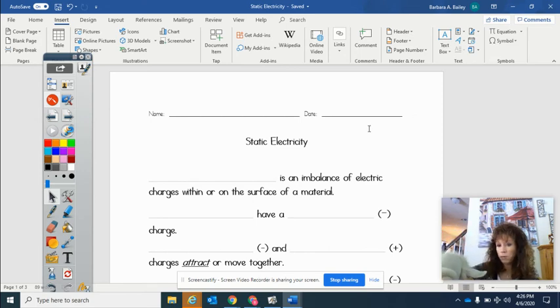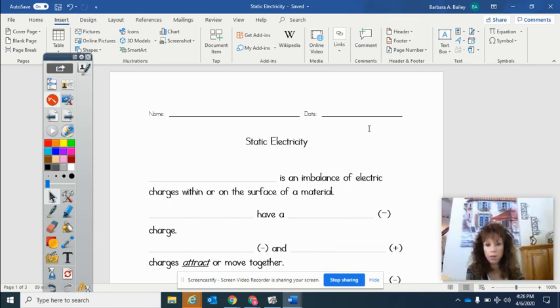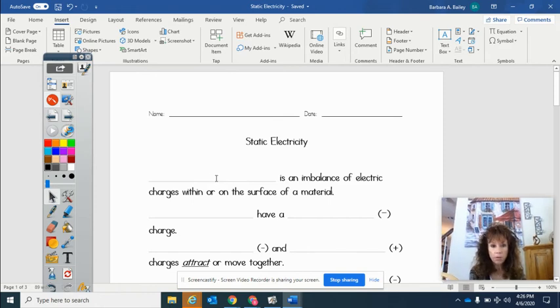Okay, so you will be receiving a copy of this file that you can complete. But I'm going to do it right now with you so that you will have what you need to put in your blanks. So static electricity, blank, is an imbalance, which means something is not balanced or out of balance, of electric charges within or on the surface of a material. And so all we're going to write for that is,